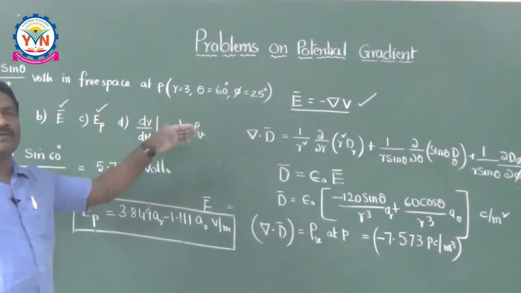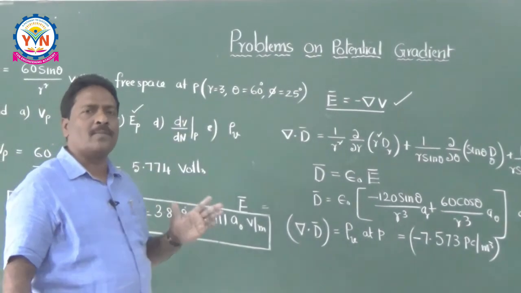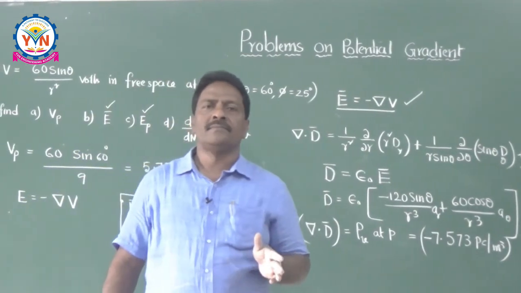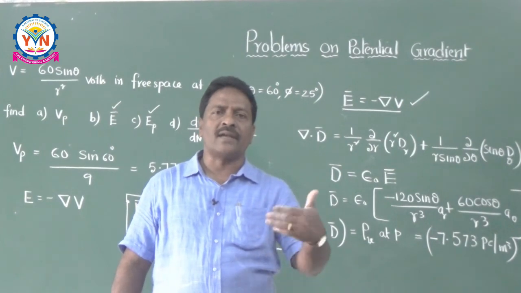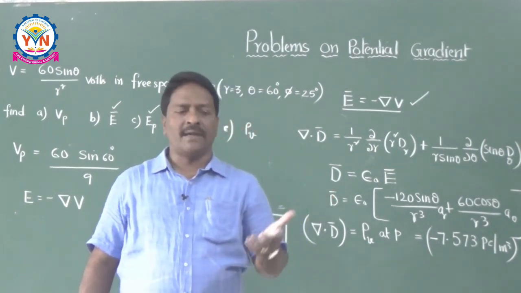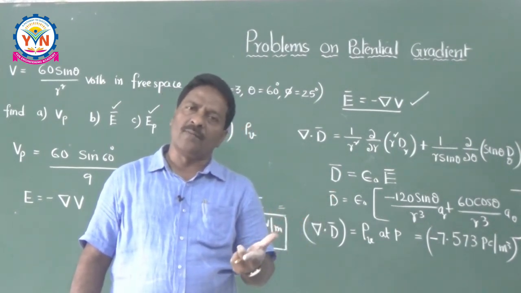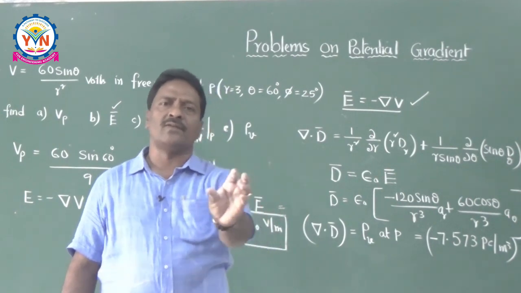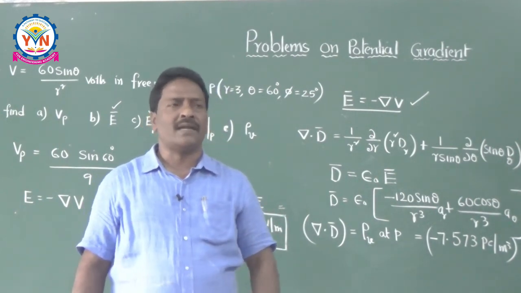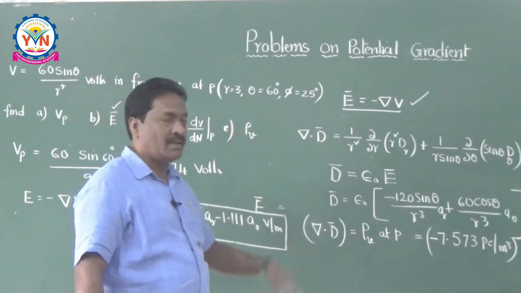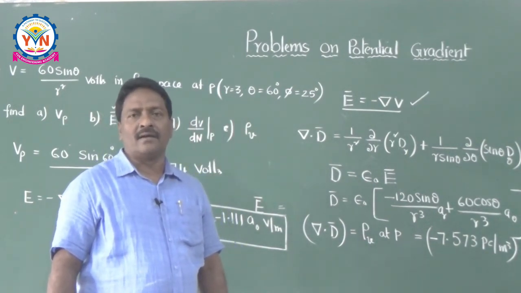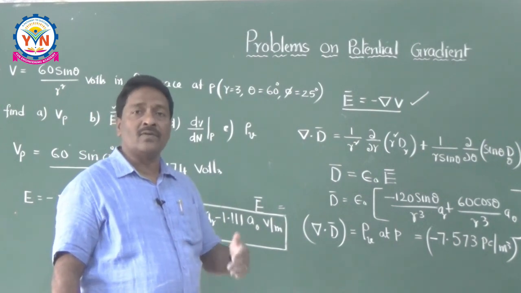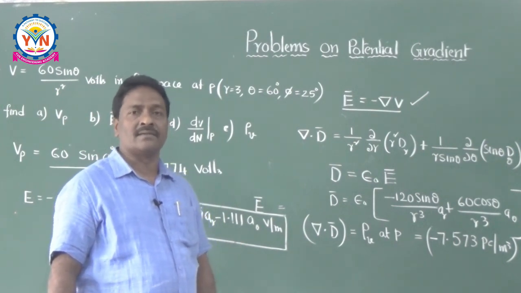I hope you understood this, because this problem is given in the spherical coordinate system. Very simple, friends. For electrostatics problems, first of all identify the coordinate system. Then try to recollect your formulas: gradient formula, divergence formula, curl formula, Laplacian formula. If you write all the formulas in one place and look at them, then definitely you can do n number of problems in electrostatics. I hope you understand this, and definitely we can do some more problems in the next classes. Thank you then.